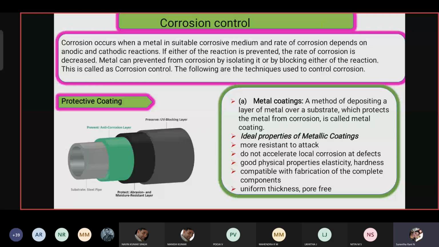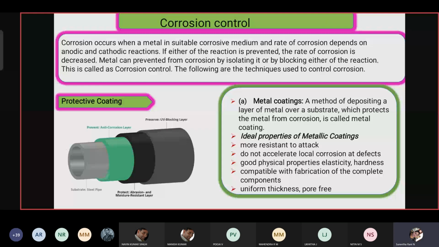Apart from this, we have other protections which are called cathodic protections. Protecting means not only by coating, but also by connecting to other metals. We can also control corrosion this way. Such types of protection are called cathodic protections or anodic protections. Just by connecting to different metals, or by alternating metals, we can control the corrosion.